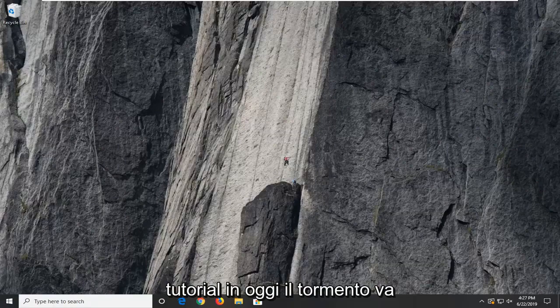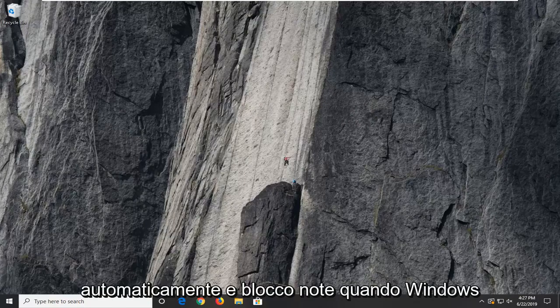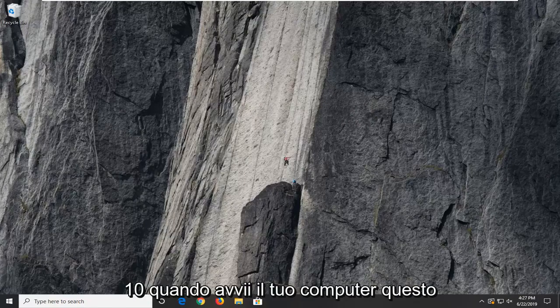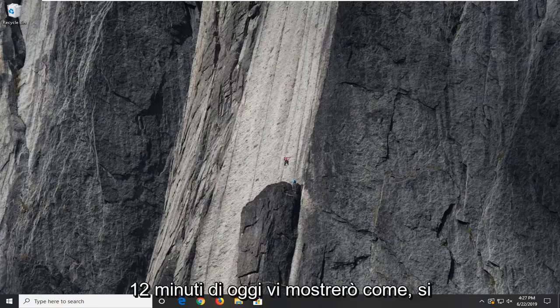In today's tutorial, I'm going to show you guys how to hopefully resolve if the Desktop.ini application or file is opening up automatically in Notepad in Windows 10 when you start up your computer. So this could be a frustrating issue, and in today's tutorial, I'm going to show you guys how to hopefully